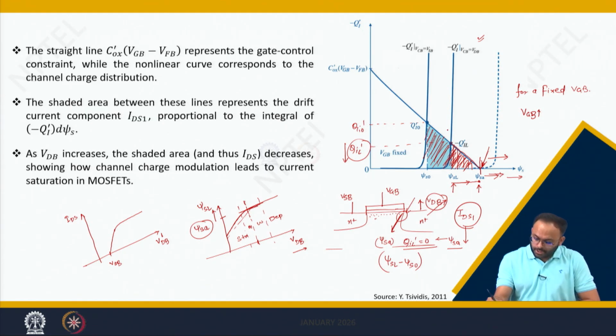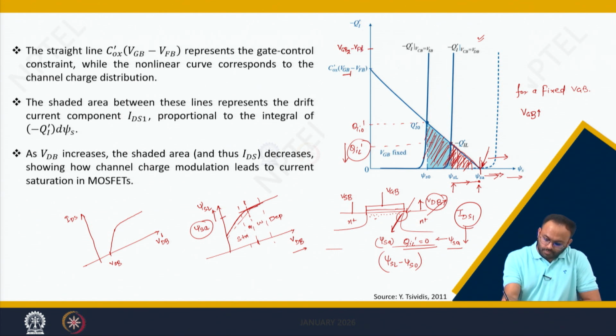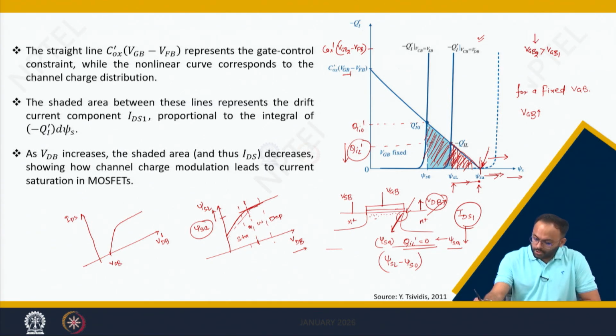If I increase VGB, because of this dependency, this point is shifted like this. Let us consider this is VGB1 and we are plotting for VGB2. So this point is for VGB2, where VGB2 is greater than VGB1. As you increase VGB2, the surface potential also increases